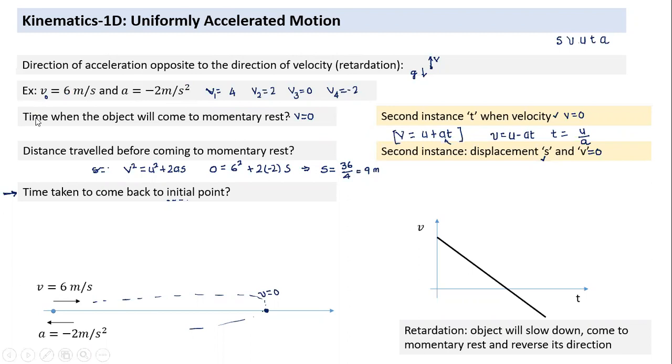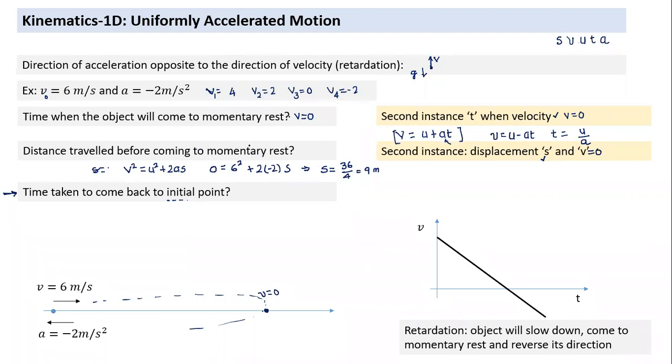See, you are changing the question itself. Is the initial velocity given as 0? No, initial velocity is not given as 0. It is given as 6 meters per second. Can you think again? What does time taken to come back to initial point mean? Where would the particle be? Can you visualize that particular instance? What is special about this particular moment of motion?